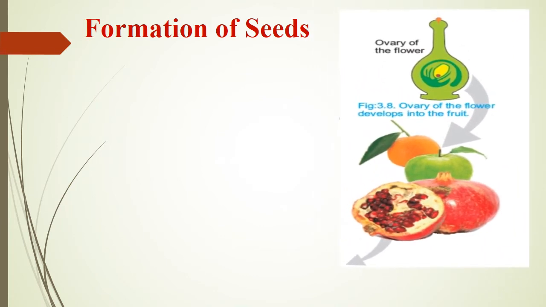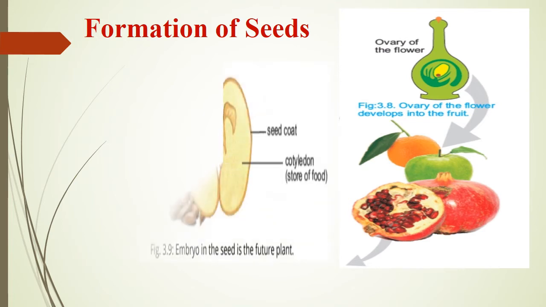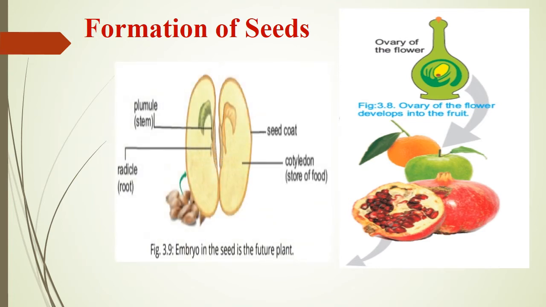Many plants grow and bear fruit to protect their seeds. A seed protects the embryo inside it. In addition, shapes of seeds and fruits help in their dispersal. After fertilization, an ovule becomes a seed. The embryo and its store of food are covered by a tough seed coat.